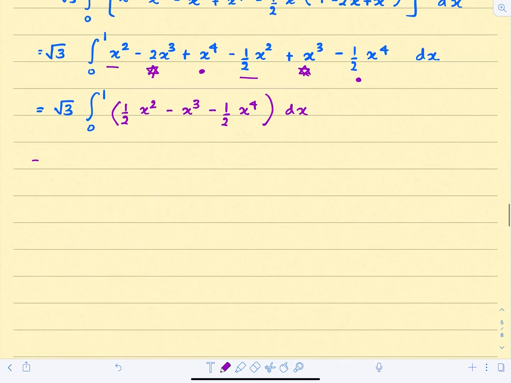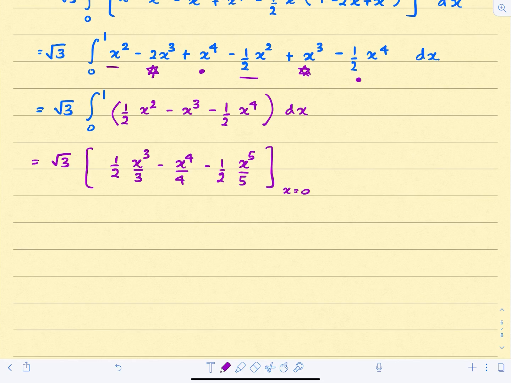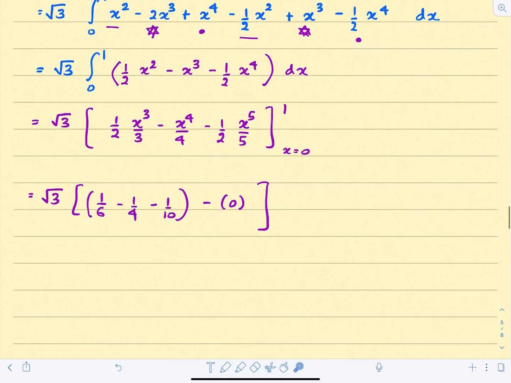Let's integrate this. You will get 1/2 times x cubed over 3 minus x to the power 4 over 4 plus 1/2 times x to the power 5 over 5. The lower limit is 0, the upper limit is 1. Apply the upper limit first. You get 1 over 6 minus 1/4 plus 1/10, minus, if you apply the lower limit, you will get 0 for each of these three parts, and the answer is this: